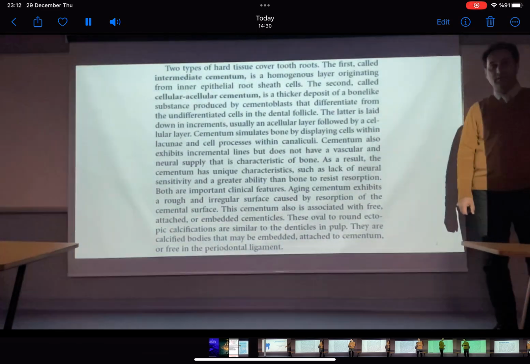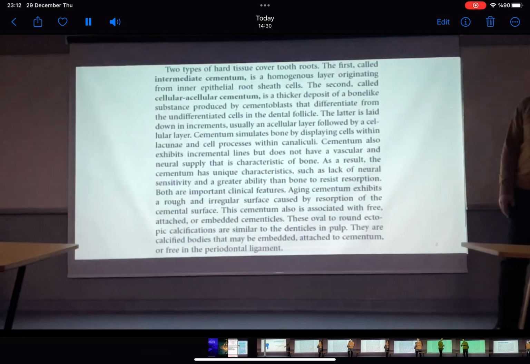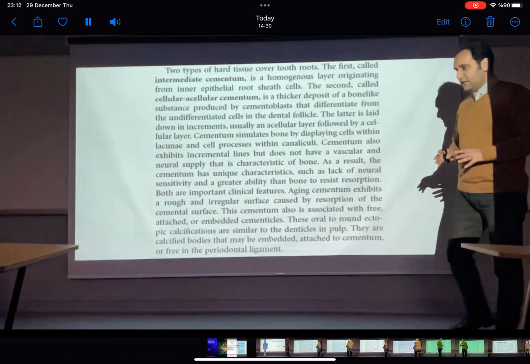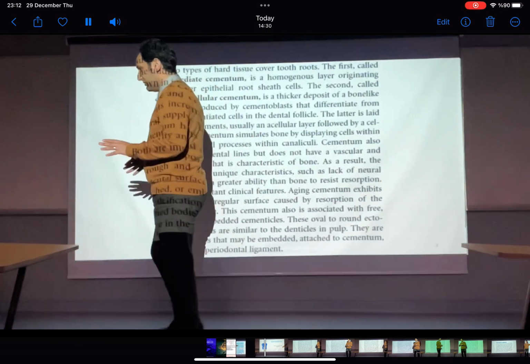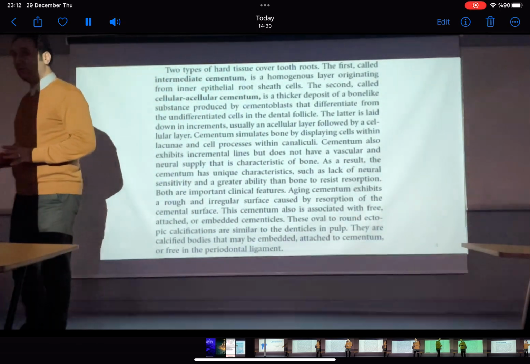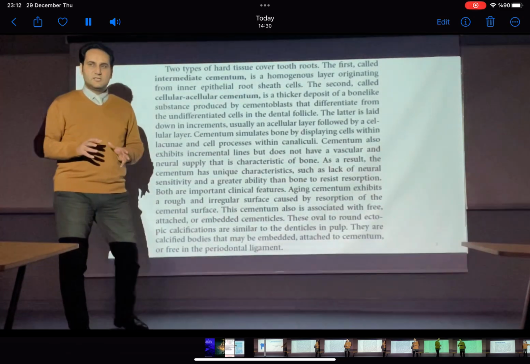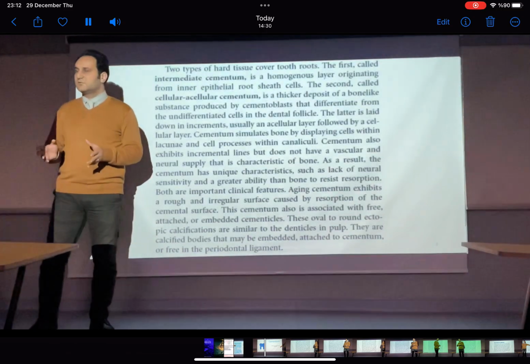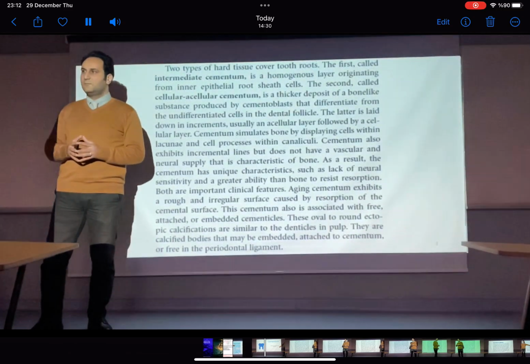Sometimes you can see thinner cementum or thicker cementum. In cementum, we have different terms. In the beginning, you may be confused in this part. What are these names and what are these types of the cementum? But in simple sentences,